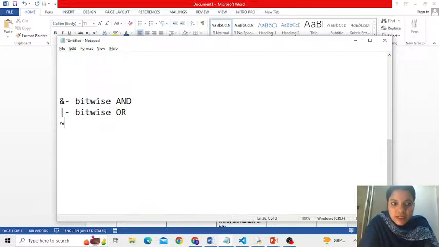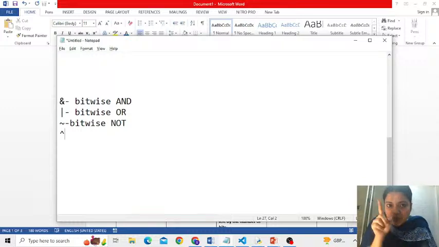Then comes tilde, which is a bitwise NOT. This is not a logical NOT operator. Then this cap symbol, which you will find on the keyboard with the digit 6. This is called an exclusive OR or XOR.